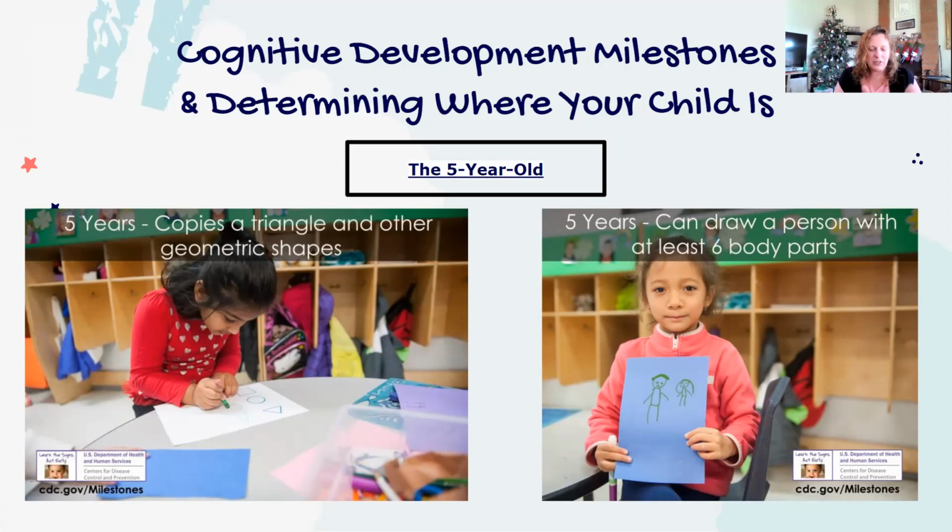And then you see that person, we call it oftentimes a self-portrait. So they draw a picture of themselves, and you can see that progression of how they're able to put shapes together and expand out. The 5-year-old on the left-hand side is capable of copying. So they're able to copy a triangle, they're able to copy a circle, where you might see a 3-year-old, if you ask them to copy a circle, it might just be a scribble.